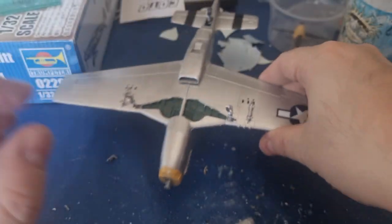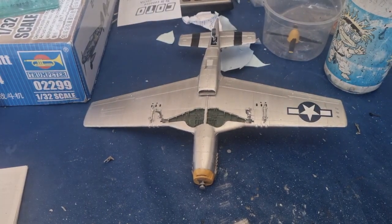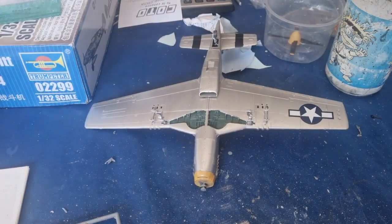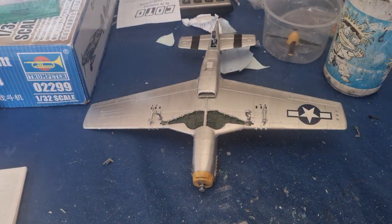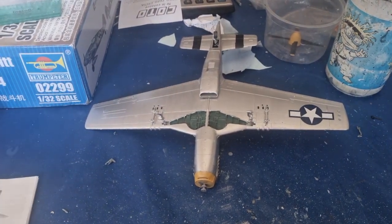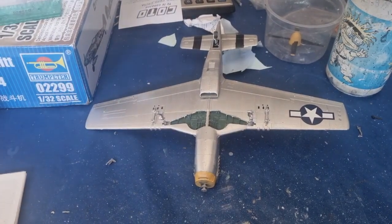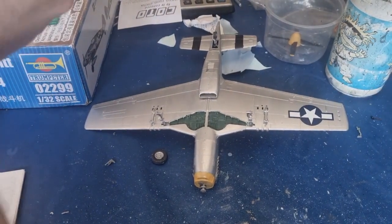The fit is quite tight, and I think the wheels won't fall off. So now I will glue the main gear wheels. So let me remove them from the sprue gates. One wheel is removed, and the other one